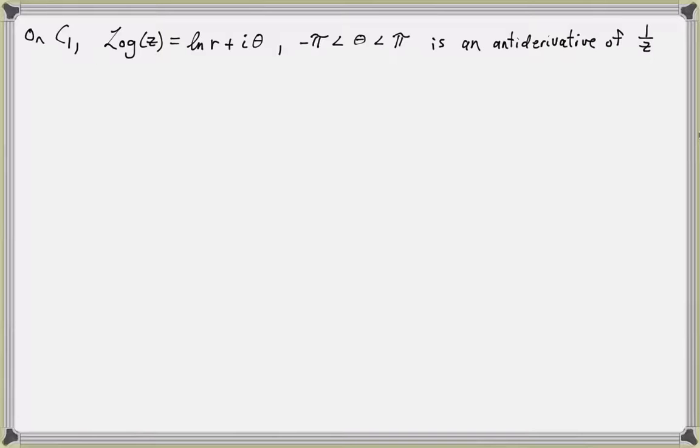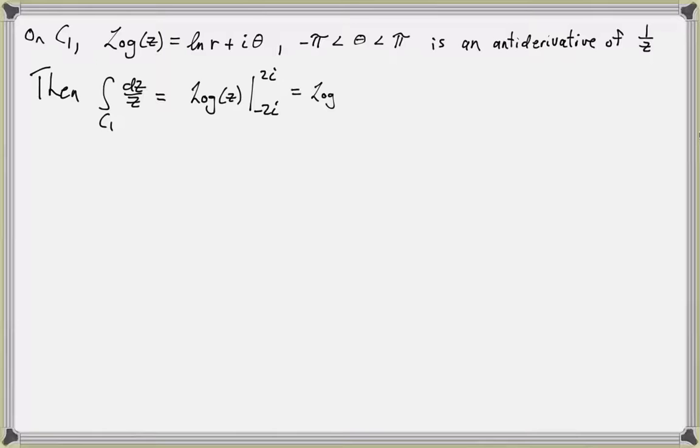And this function is continuous and differentiable on the contour C1. So then the integral of 1 over z on the contour C1 would be equal to the antiderivative log of z evaluated at the starting and stopping point. So this contour goes from negative 2i to 2i, so I get